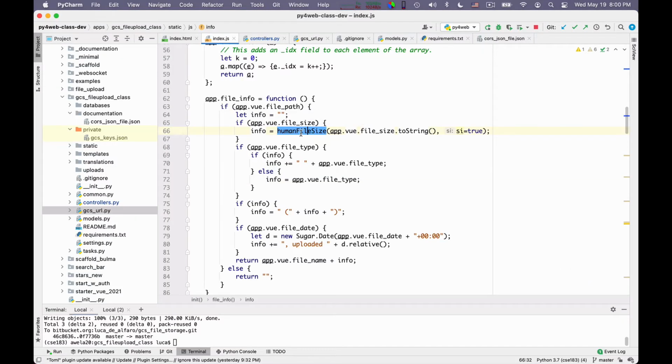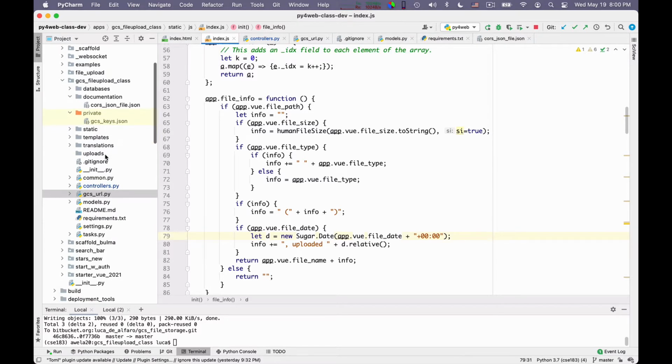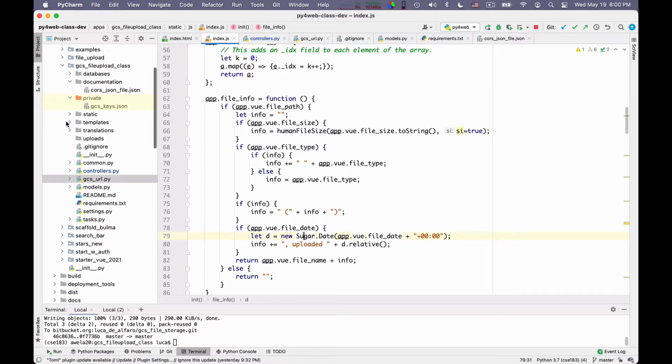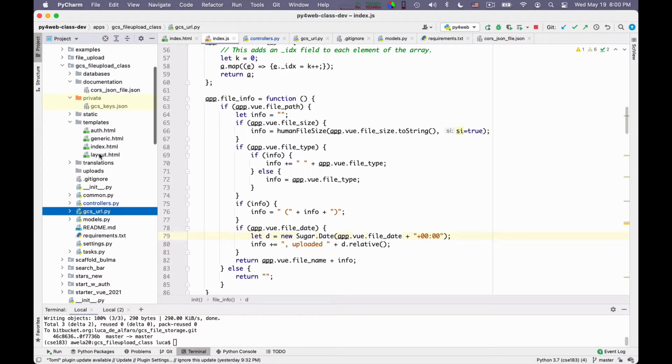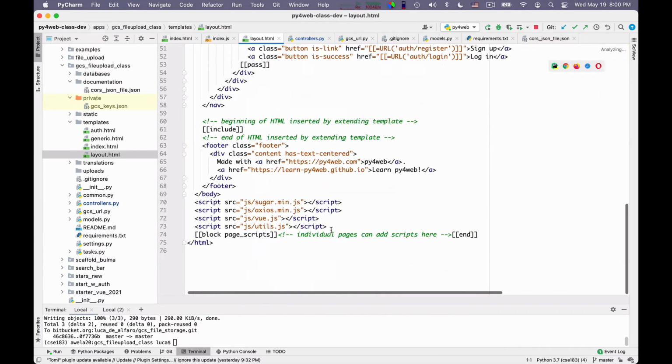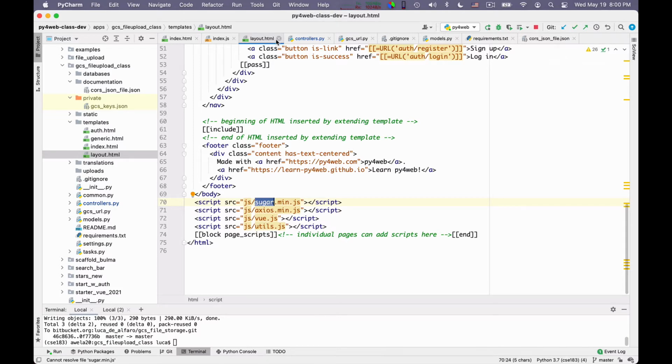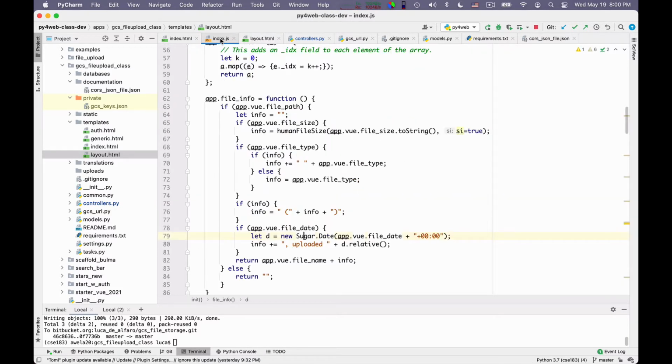And the other interesting thing I do is that I use this library Sugar that you may have noticed already being loaded. If you're curious where this comes from, which is a rightful curiosity, you can look in the templates, in the layout. You will see that at the bottom of the layout, we load Sugar. And you may wonder, what is this Sugar? It certainly sounds pleasant, but what does it do for us?